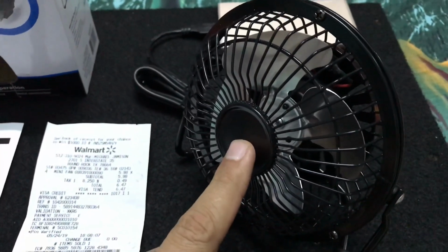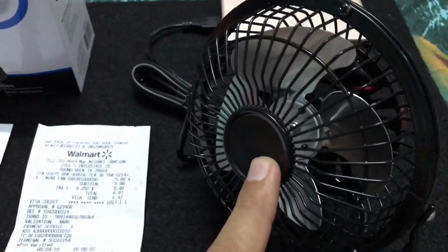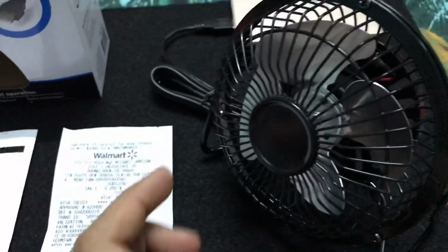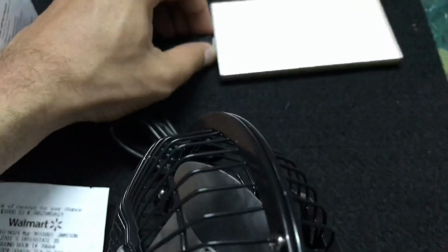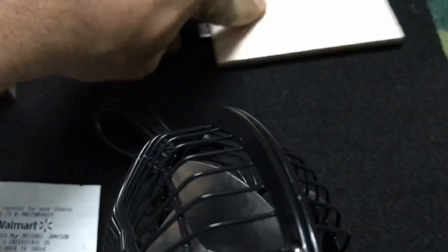Funcionamiento silencioso como susurro. That means it's a whisper quiet operation. Now it has got 4 blades and the build quality of full metal. One end goes to your USB where you can plug it to your computer or